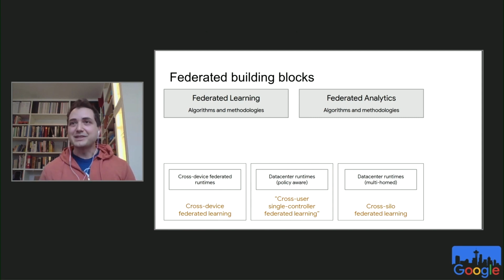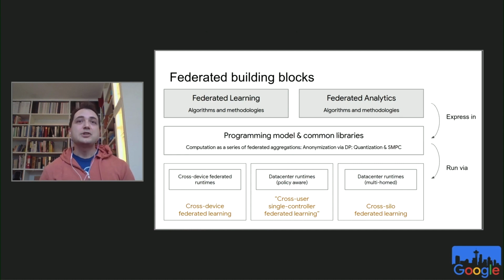Not completely, there are differences that will leak through, but largely. Same for analytics, we have similar algorithms and methodologies that we're interested in developing that are shared across these regimes. And what makes them shared is having a programming model and ideally common libraries that allow us to think about that learning problem or analytics problem as a series of federated aggregations where we can plug in anonymization via DP,